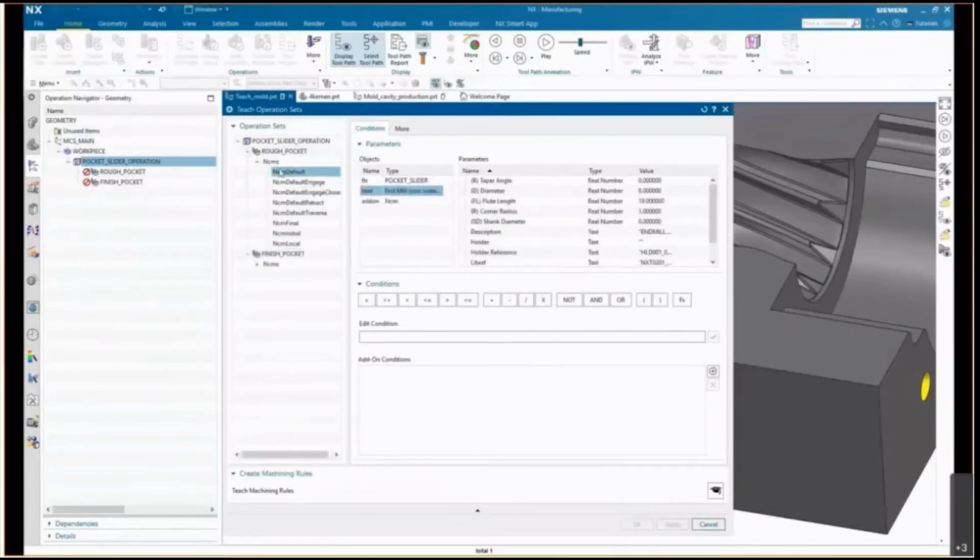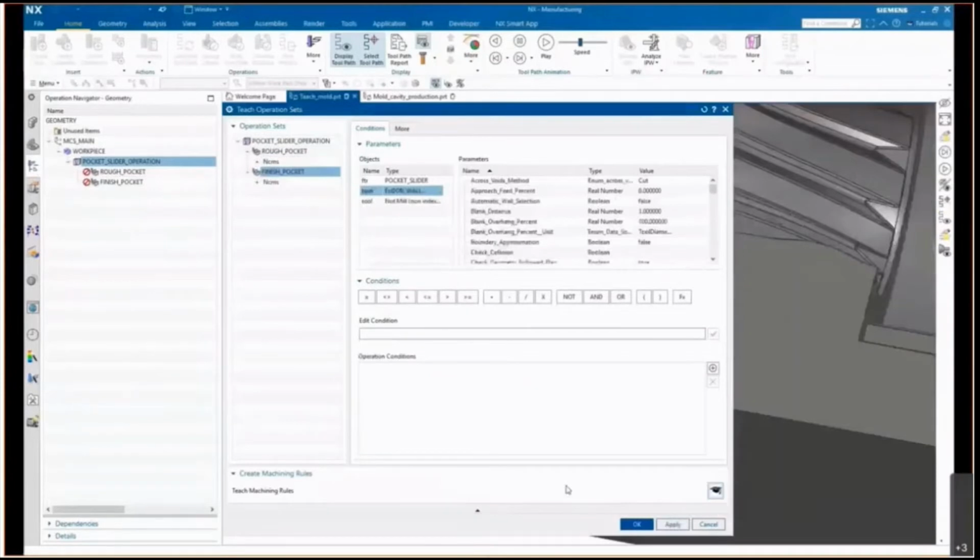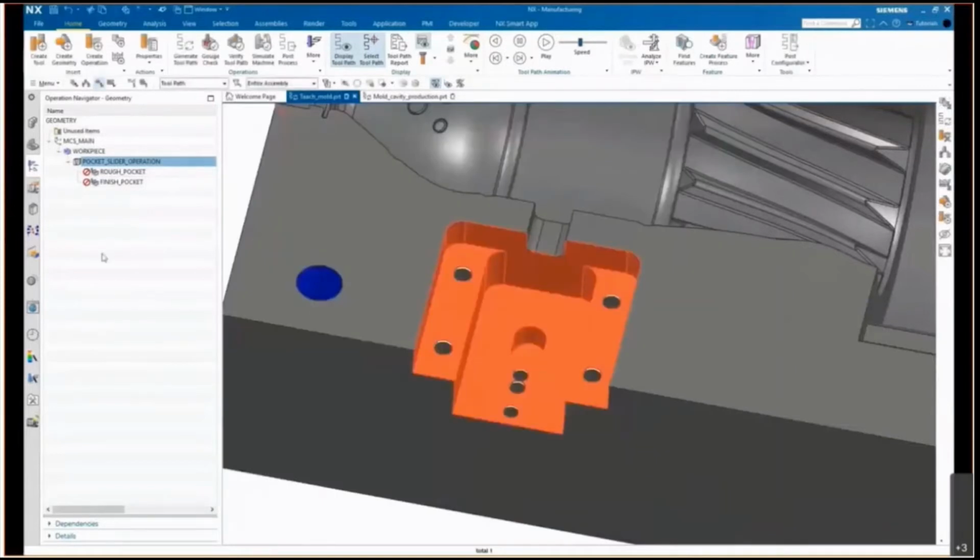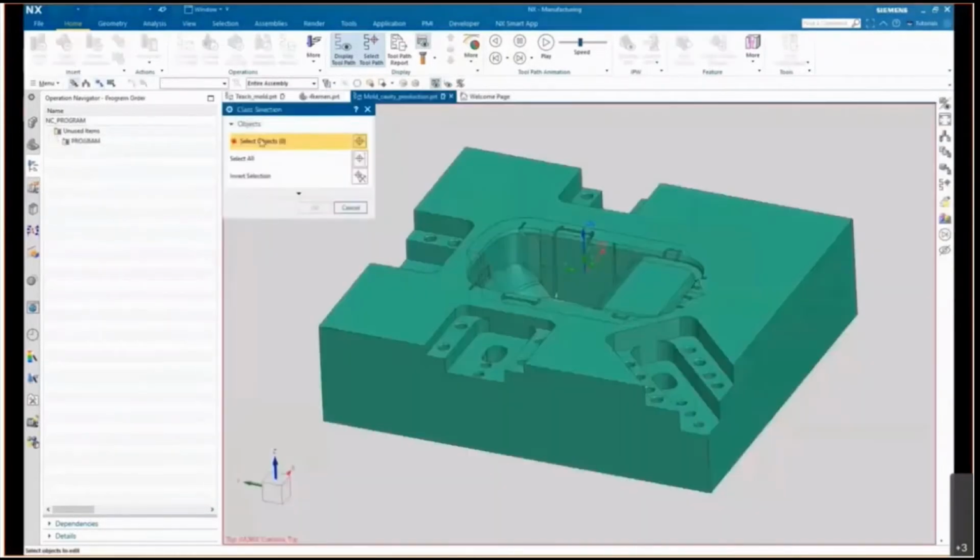And of course, some other attributes which are available for customization. Teach the machining rules and hit OK, and then the second part is also stored in the database. So the feature recognition is stored, the operations are stored, and that's basically what it is to automate this.